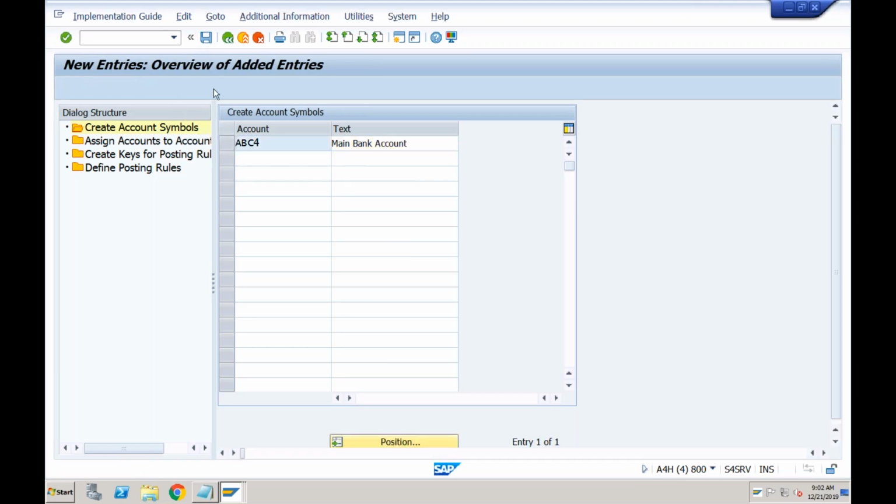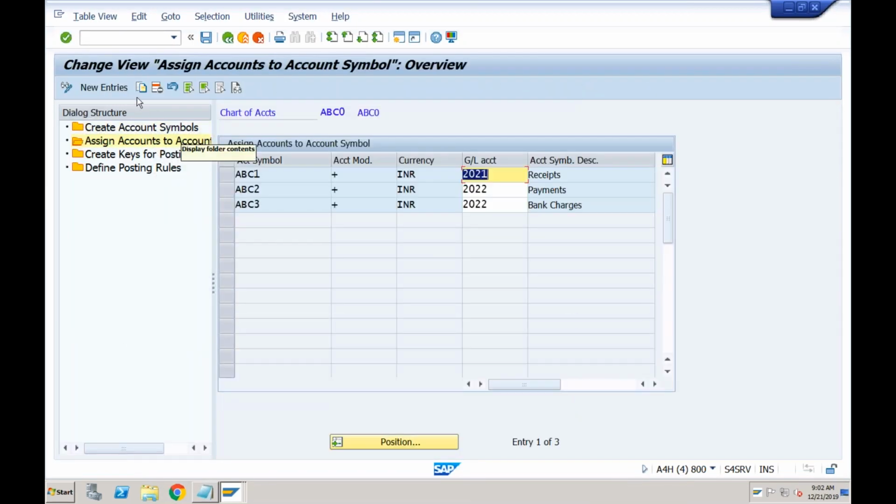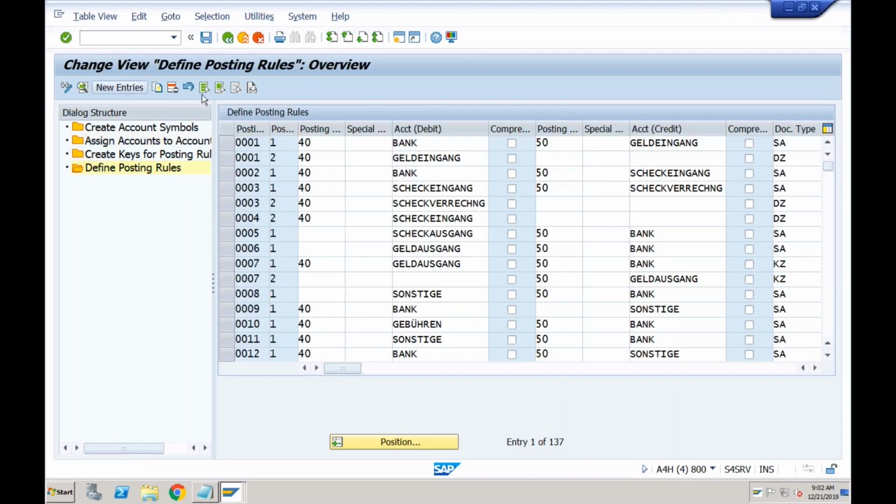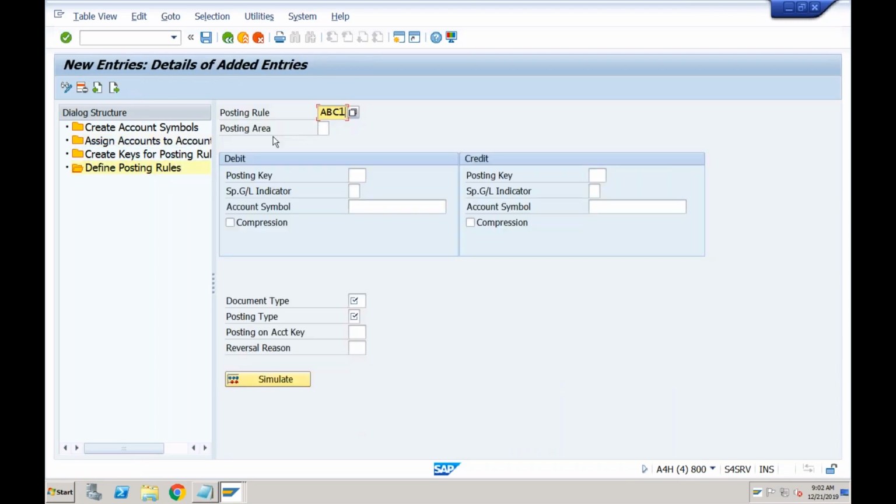Okay, and this will be assigned to what? To the main bank GL. New ABC4 will be assigned to 2020, which is main bank account. Okay, and now you have to enter the rules here. So new entry, posting rule ABC1, which is for incoming payment.